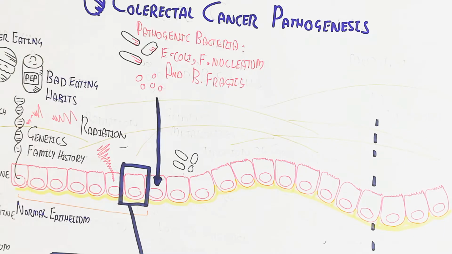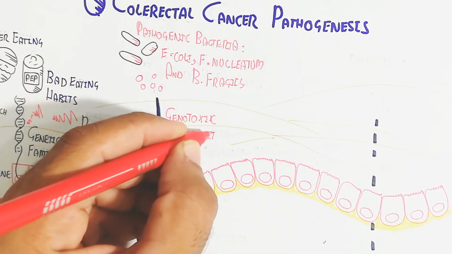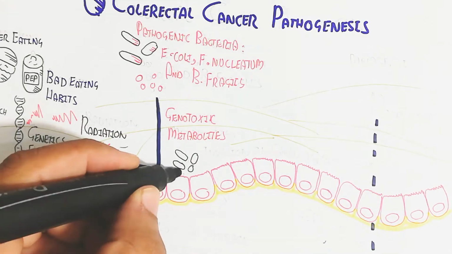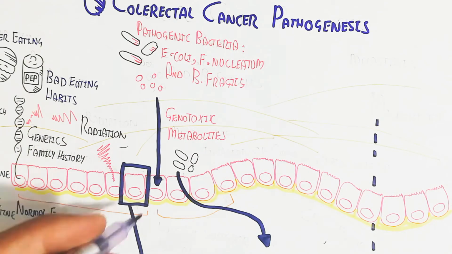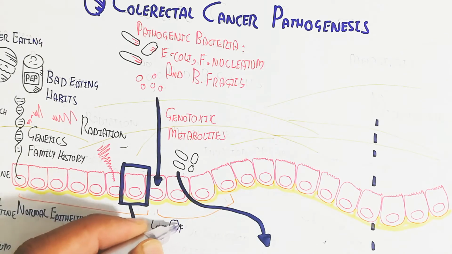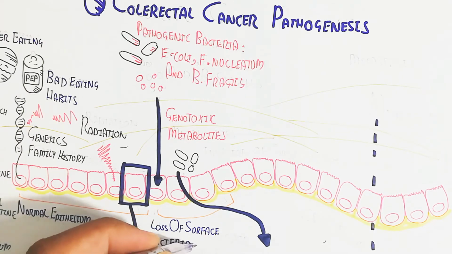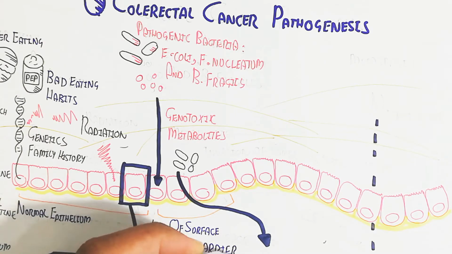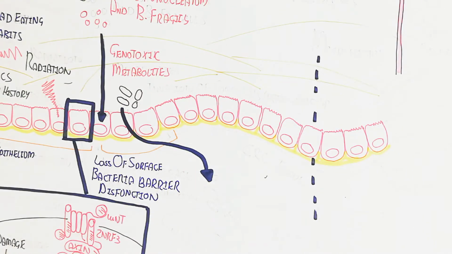So here are the pathogenic bacteria: E. coli, F. nucleatum, and B. fragilis, which will target the cell, and in this way produce genotoxic metabolites. These genotoxic metabolites cause the loss of the surface bacterial barrier, barrier dysfunction, which will lead to